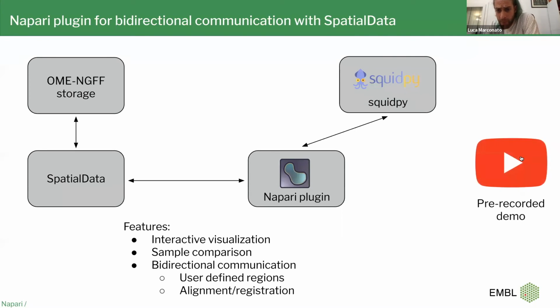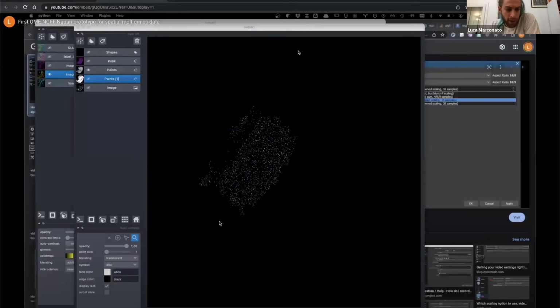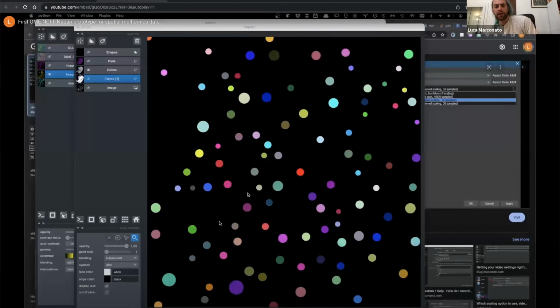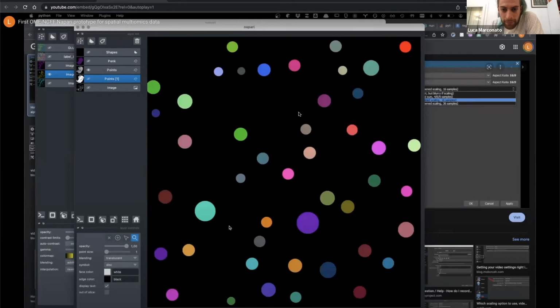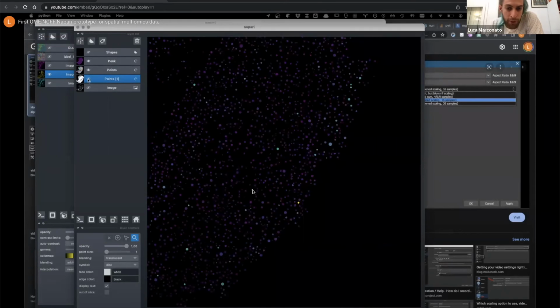So we have a demo of this. This is actually not about interactive operations, but only visualization. So I want to quickly show you. This is the MERFISH brain dataset that I showed you before in the introduction. So we have an OME-Zarr object containing the single cell circles, and we can plot them with Napari. We can zoom in, and we can also plot the expression on top of this. So we have an annotated table. This is basically an mdata object saved to OME-Zarr,